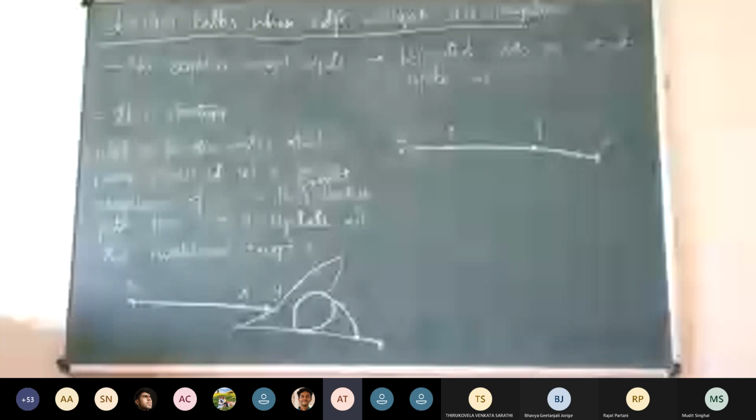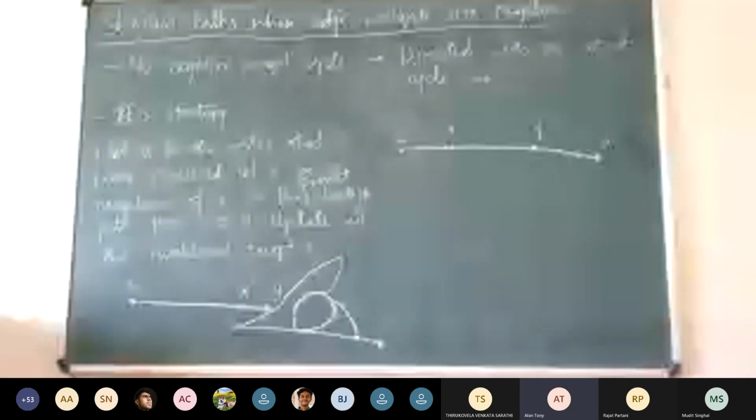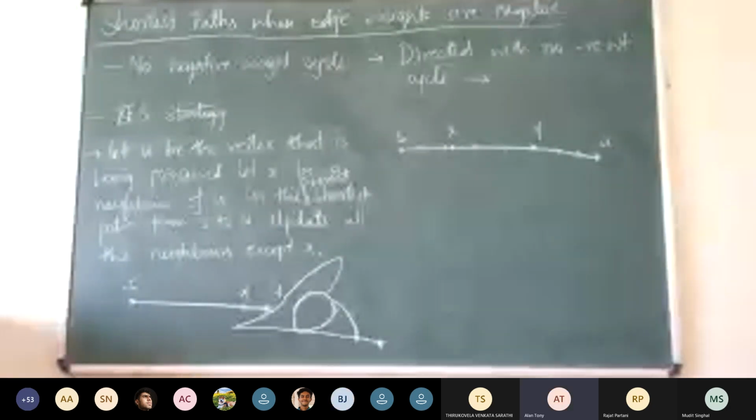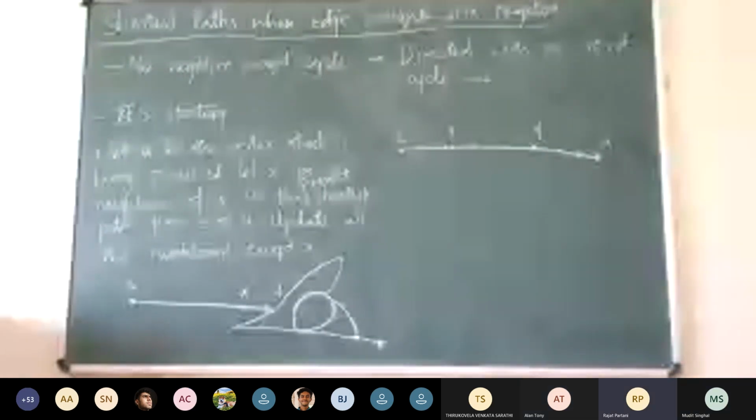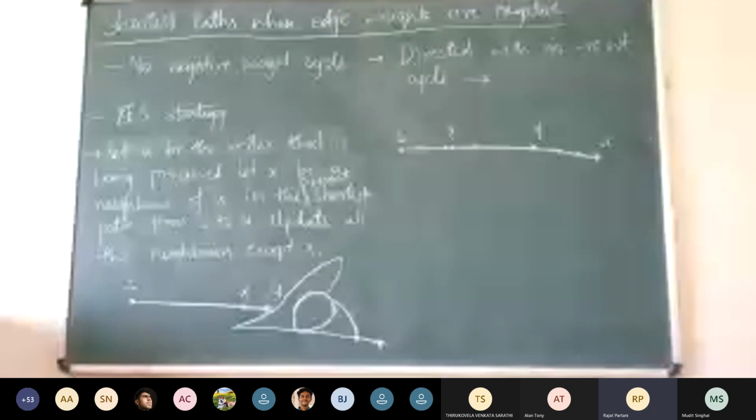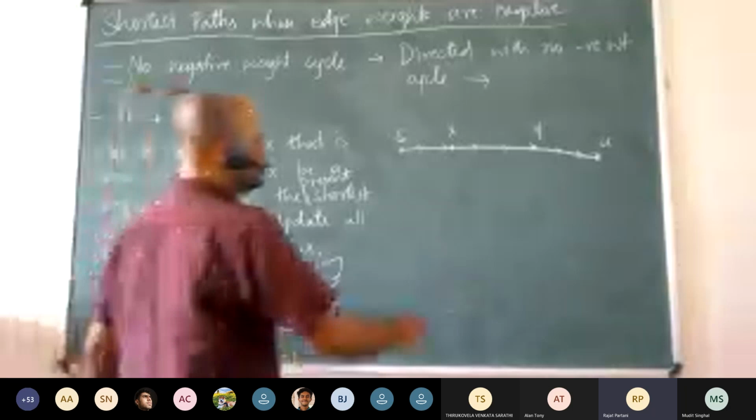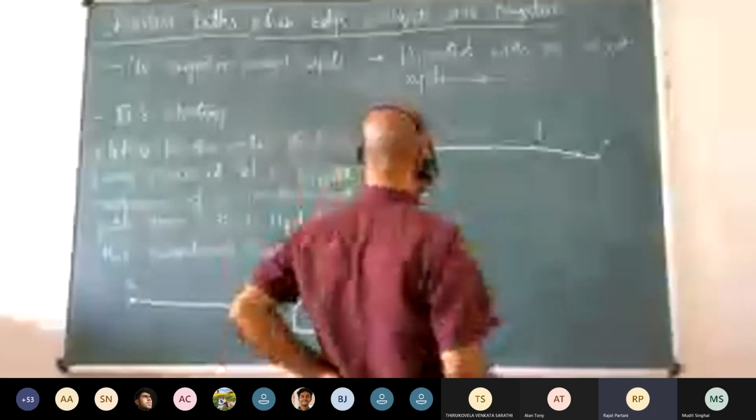Yeah, why is this true? So it can't be true, right? Because negative weights completely change the properties. Like if there was some other path to reach X from S, then that would be in this path from S to U, not this path. So it won't change that fact, if there are no negative weighted cycles.